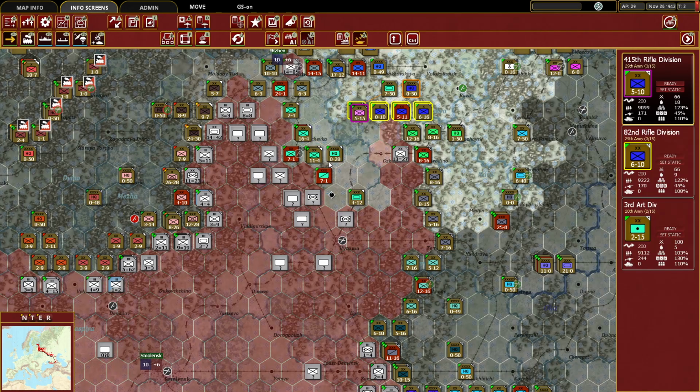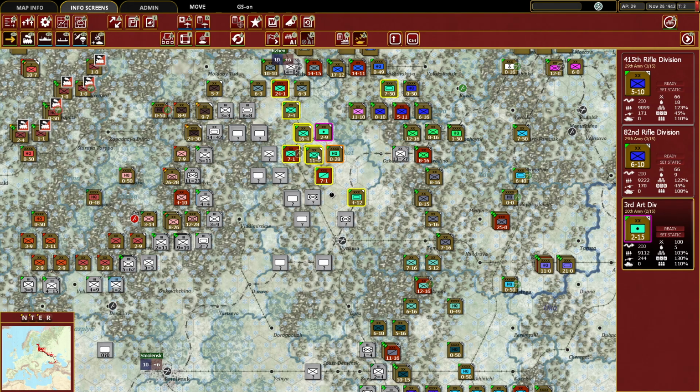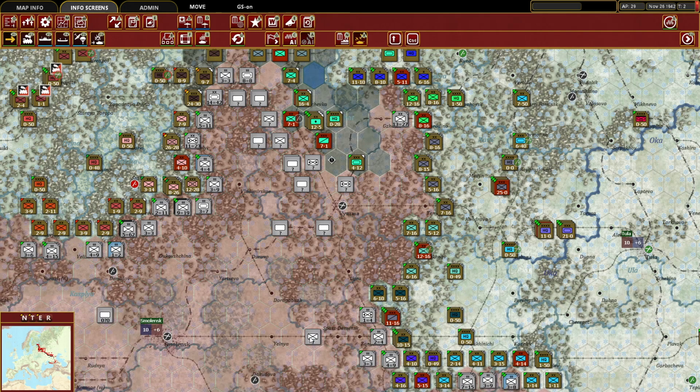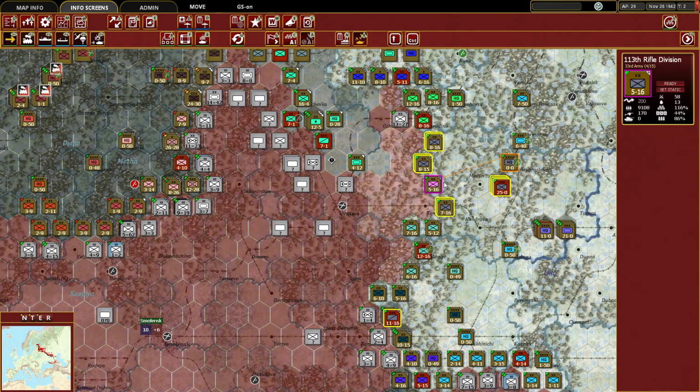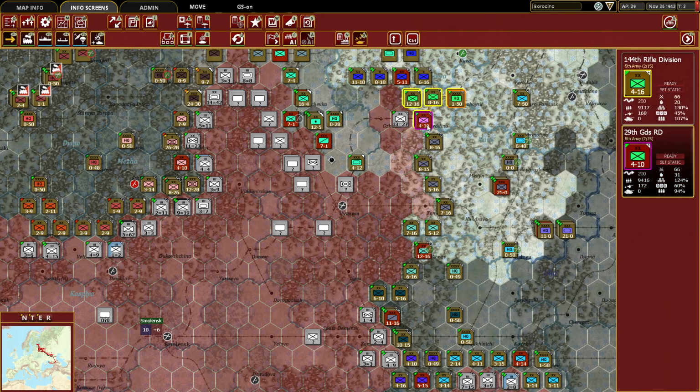Move some of these units up. We're now getting into a different army here. 3rd Artillery Division we will put here. Okay. So there's that army. We're doing this. Let's first try to encircle this unit. So let's do that first. So what we're going to do is